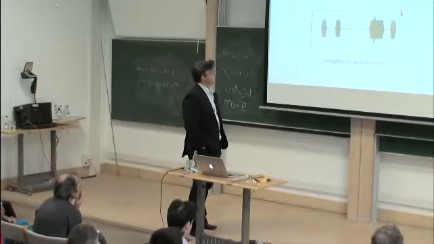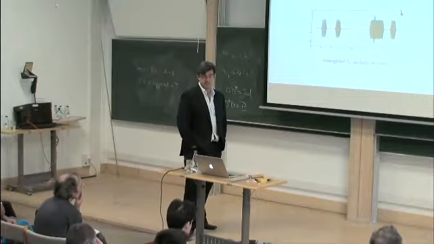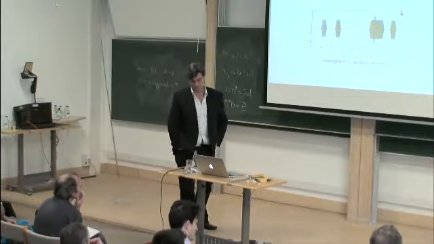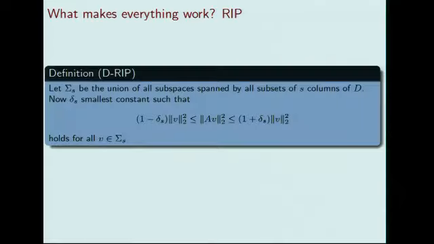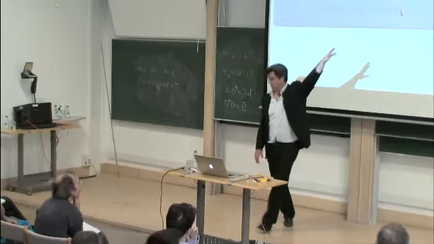At least if you want to understand these recovery methods, we cannot really go through the RIP technology as is because of the overcompleteness. But underlying all of this, there is RIP. And what makes everything work again is RIP, except that you just need to adapt the property you want. And so now you want A to act as an isometry not on sparse inputs, but on subsets of S columns of D. So as long as A is an isometry over sparse subsets of columns of D, you'll be fine. And so all I need now is that A times V, where V is not a sparse vector, V is D times a sparse vector,